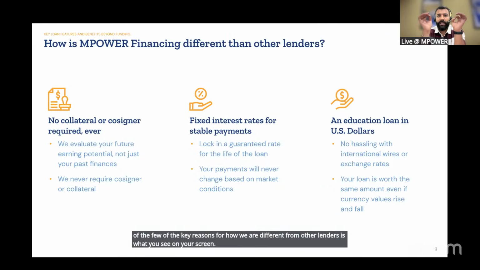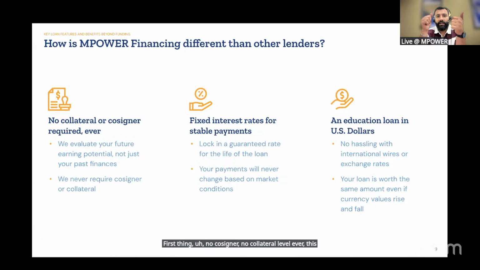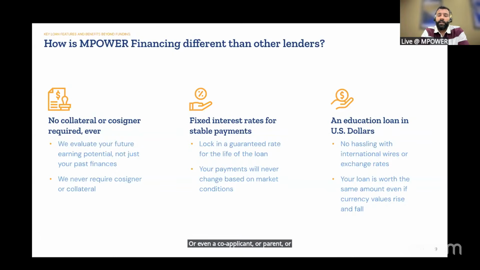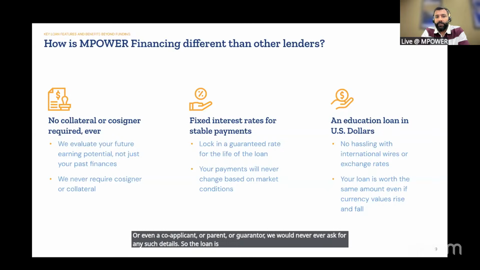I'll explain this very quickly. First thing, no cosigner, no collateral ever. This is something I already covered. No form of security, asset, property, gold, nothing like that. Empower will never ever take that into consideration, or even a co-applicant, parent, or guarantor. We would never ever ask for any such details. So the loan is entirely dependent on you.